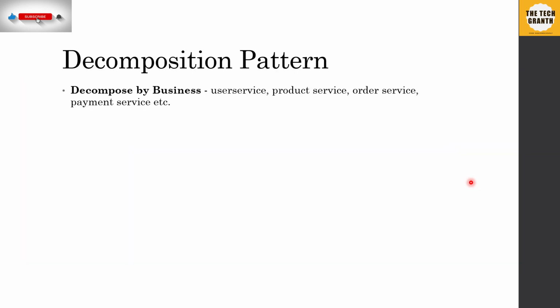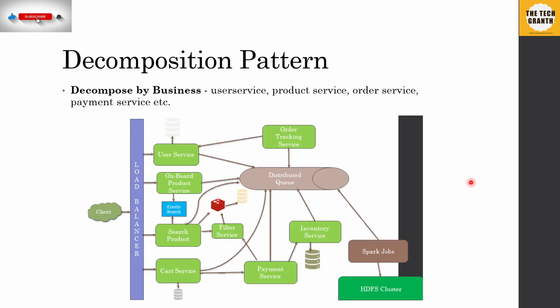The first one is decompose by business. What it means is that if you have a big business, so if you have a backend of Amazon and you need to decompose this into smaller services, you will use the decomposition by business pattern. So what I did here was I broke down the backend of Amazon into smaller services